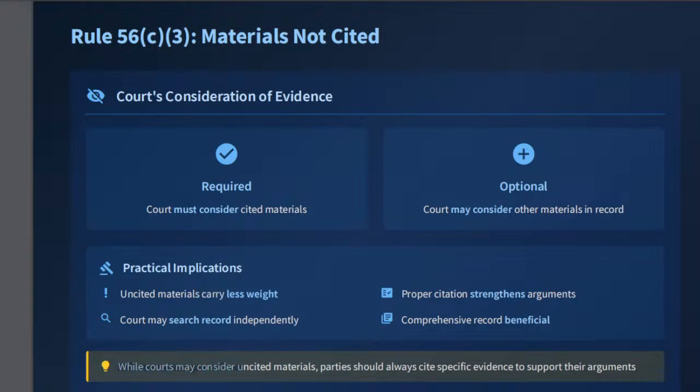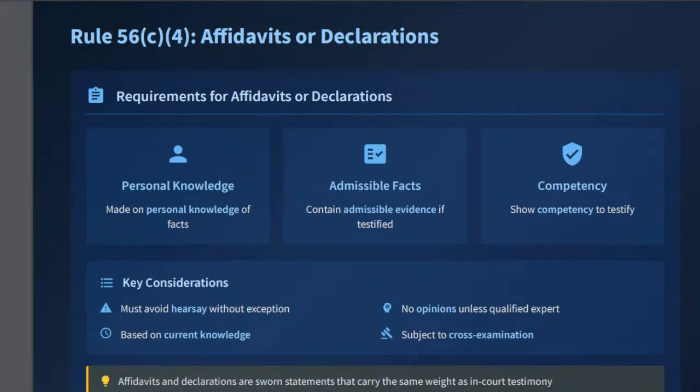While courts may consider uncited materials, parties should always cite specific evidence to support their arguments. So remember, when they may consider is a lot different than when they must. So cited materials, the courts must consider. And if they're not cited, the courts may consider. Now we're on to Rule